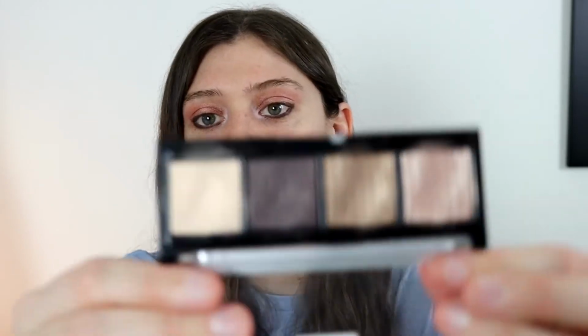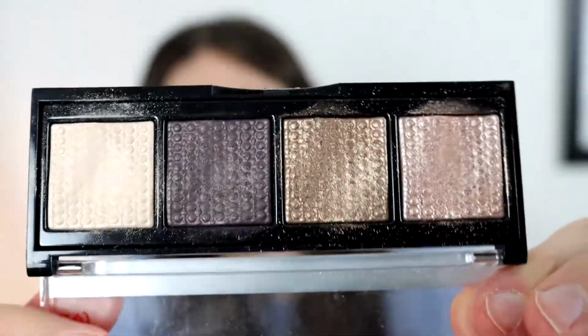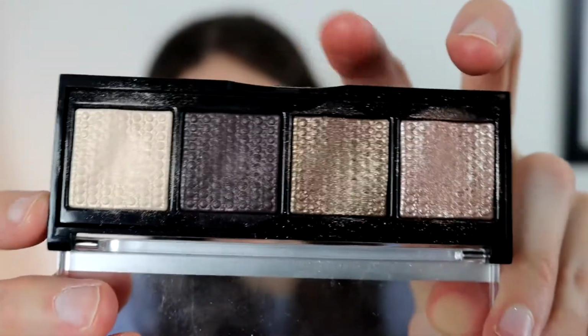And then the other ones in the other palettes are also really beautiful. I think that this one, for a neutral or everyday palette, is also just stunning. It looks like this. I know it kind of looks boring, but this is a beautiful inner corner, and this shade right here is gorgeous,